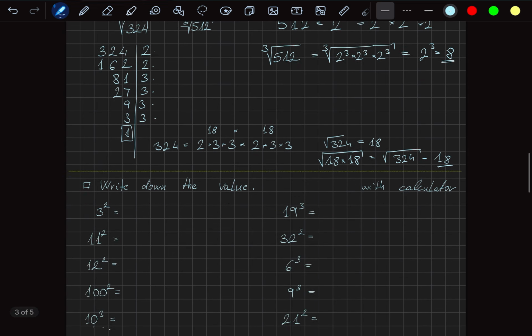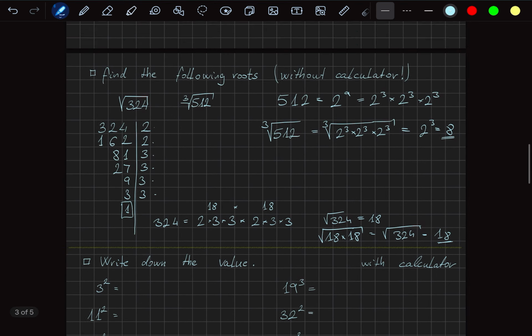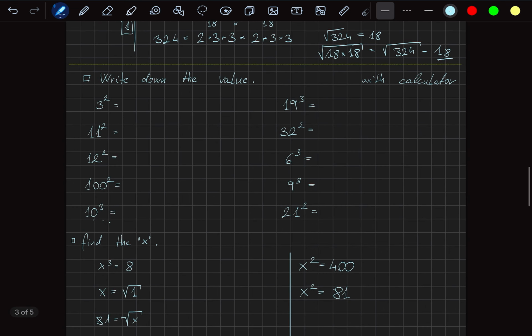Okay, I hope you like this little interesting part. Normally we can use a calculator. Okay, write down the value. 3 times 3, it's 9. 11 times 11, 121. 12 times 12. Okay, I will not write down everywhere, because in the next episode we will work with the powers, basically. Okay, so there will be not really calculated values,